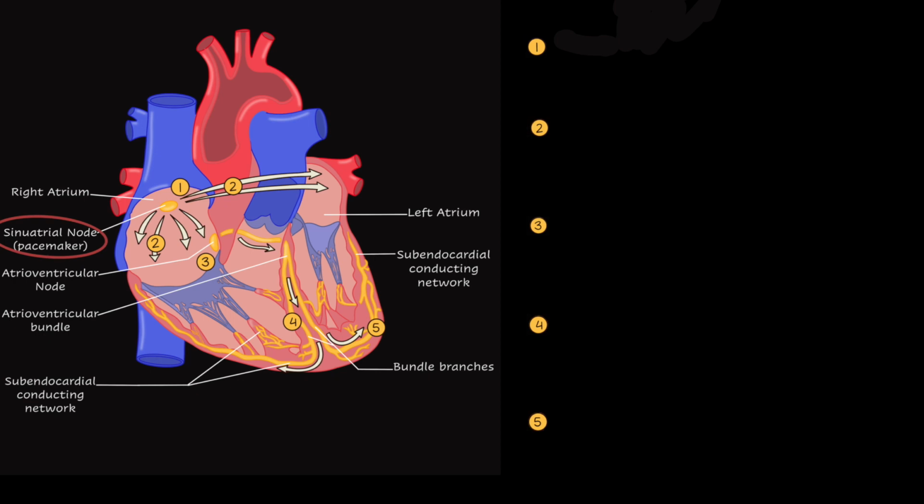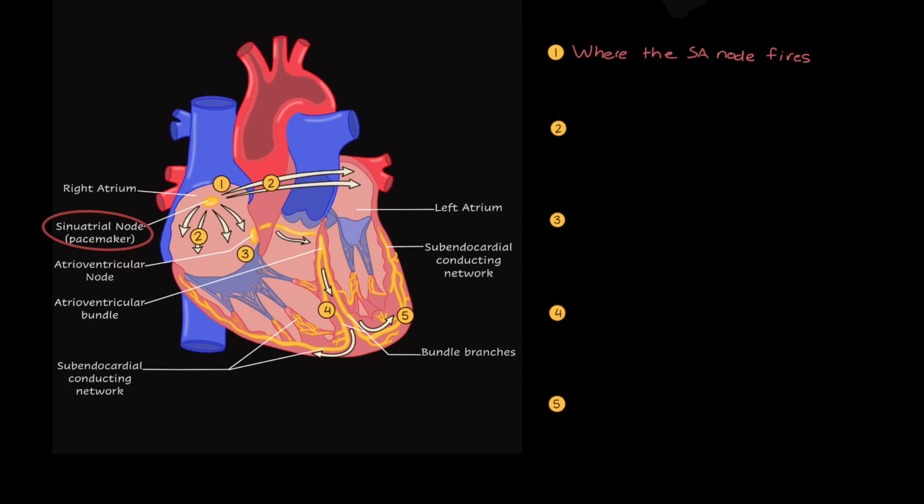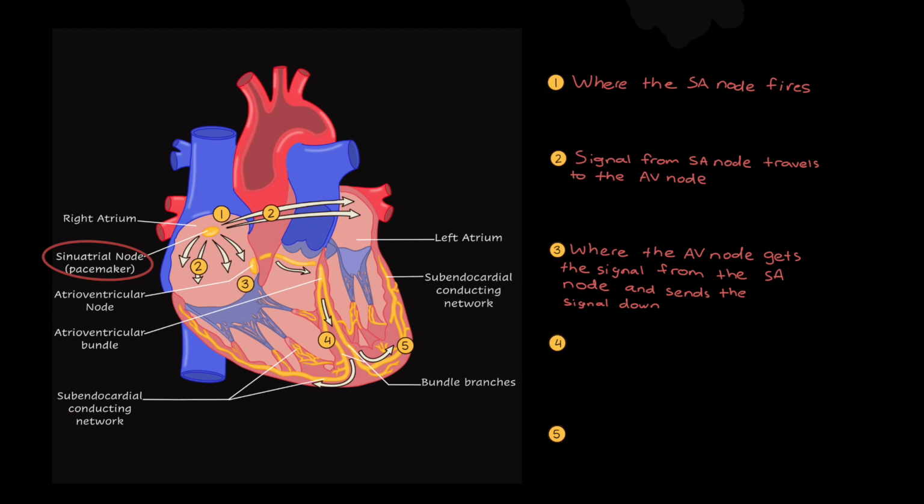Now let's move on to the conduction system of the heart, and that starts with our sinoatrial node, or SA node, which is our internal pacemaker that initiates the heartbeat and determines the heart rate. Once the SA node generates a signal, that signal will spread to the atria, in which the atrioventricular node, or AV node, will fire. The AV node prevents any electrical signal from reaching the ventricles by any abnormal route. In some cases, if the SA node fails to produce an electrical signal, the AV node can produce it,